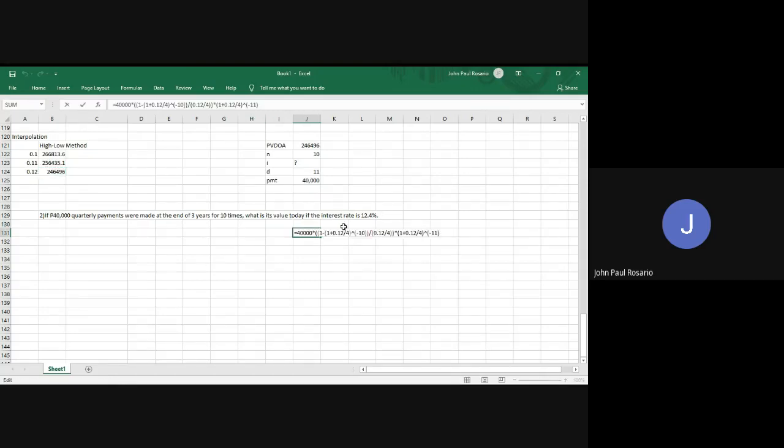So, 12.4. Okay? So meaning this is the PV of an ordinary annuity. N here is 10. Assuming I is unknown. PV is 11 and payment is